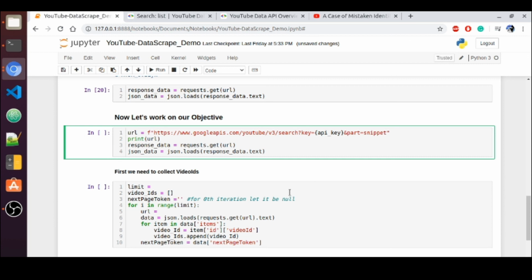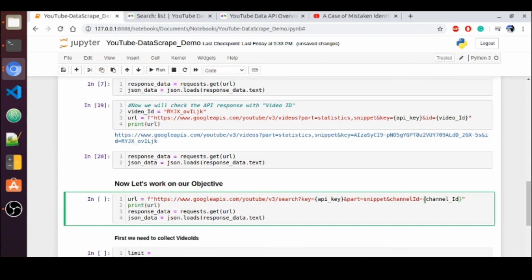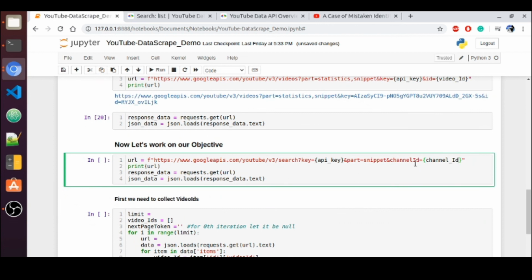Since we are interested in that particular channel ID, we can pass that channel ID as a way of telling that we are interested in this channel ID, and we don't want to get all the other results which are not associated with it. Now what we can expect is to get the search results for this channel ID. In YouTube we will have videos in that particular channel, so those results we are expecting as a response.